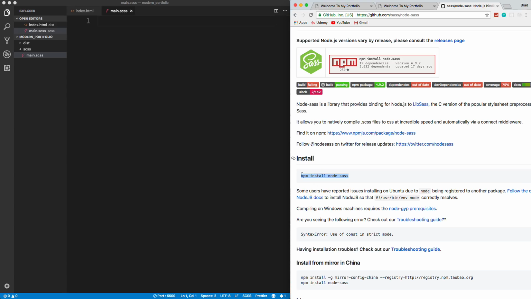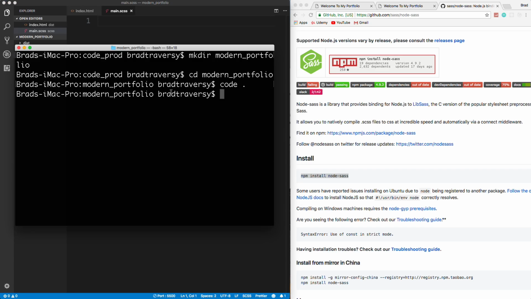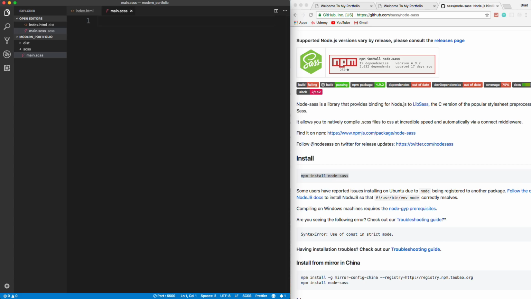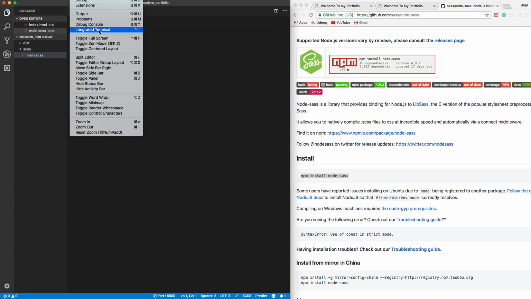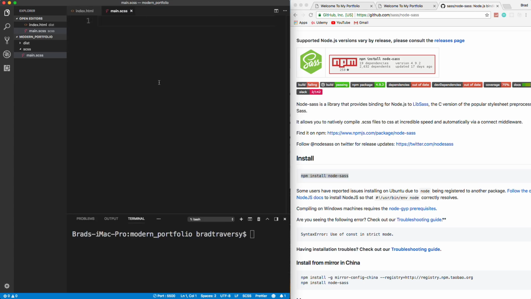So before we actually install Node Sass, we need to create something called a package.json file, which is basically like a manifest for our project. And to do that, we can do it with npm init. Now you can go to your standard terminal like this, or you can open up the VS Code integrated terminal, which is what I'm going to do. You can go to View, Integrated Terminal, or you can just do Control or Command backtick, and you can toggle it. All right, so let's run npm init,